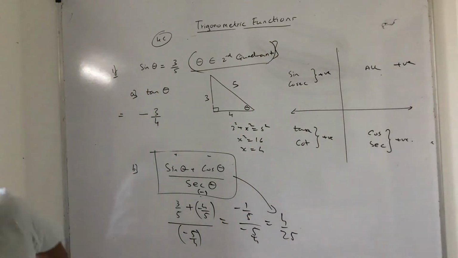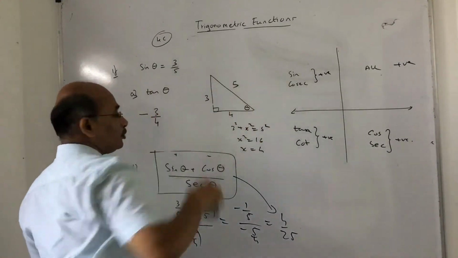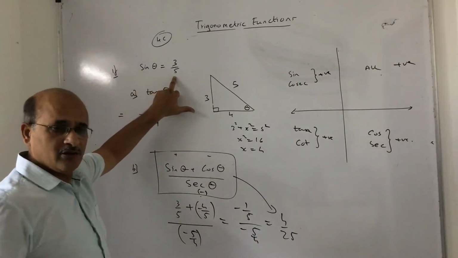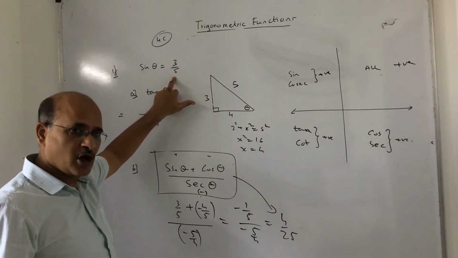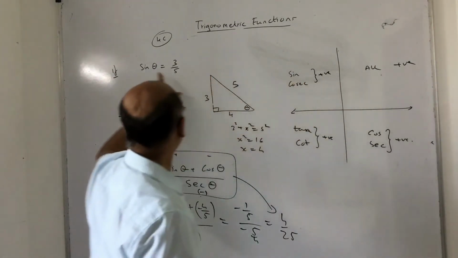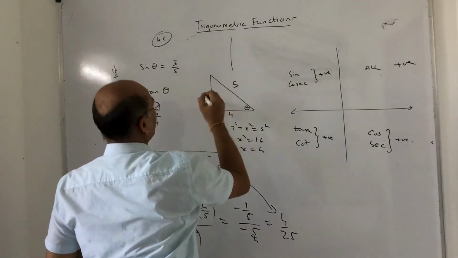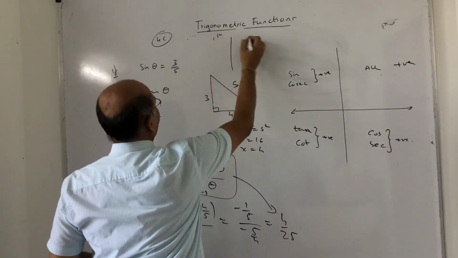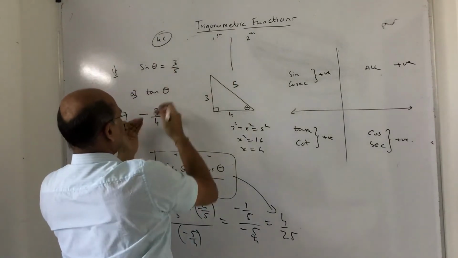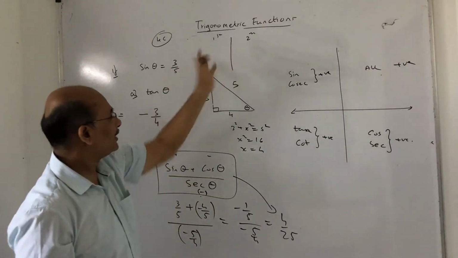Now suppose theta is not given to you, in which quadrant? Then you should have your own idea. Sin theta is positive. Now tell me, sin theta is positive in which quadrant? Sin theta is positive in the first quadrant and the second quadrant. So that means there will be two sets of answers for this, first quadrant as well as second quadrant. Find the expression. In the first quadrant tan theta will be 3 upon 4. Right or not? And for the second quadrant you solve accordingly. Two sets of answers will come.